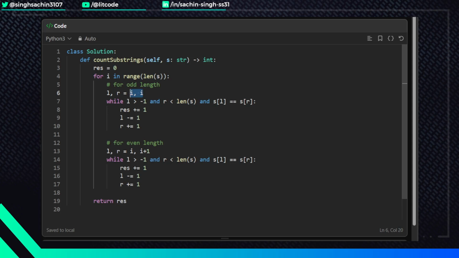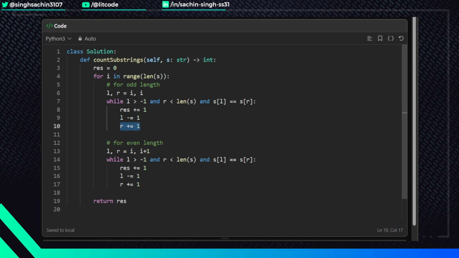This logic is basically to check if we are getting out of bound or not. If it is within the bound, we are checking if the characters at both the indexes are the same. If yes, then we will increment our result variable by 1,